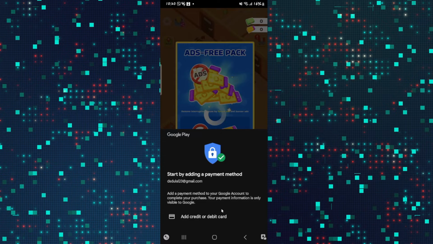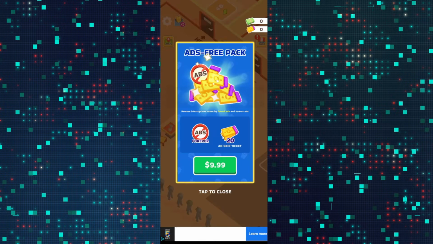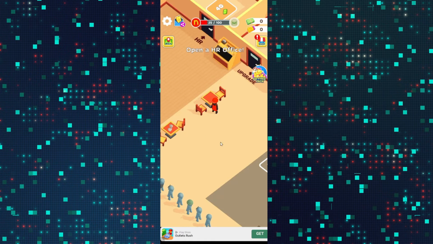If you don't already have a payment method, you will be asked to add your credit or debit card. You can add your payment method or proceed with your existing one, and then pay the amount that is shown within the game. And then once your purchase has completed, you will notice that all of the ads within the